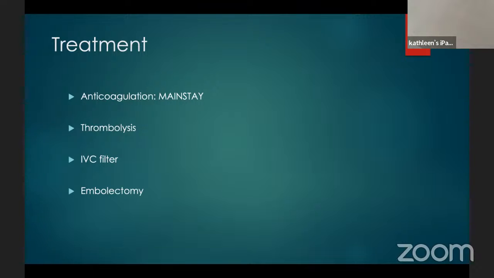In special populations, it's reasonable to consider either thrombolysis or embolectomy, particularly in hemodynamically unstable patients, or placement of an inferior vena cava filter, which is controversial, but is still an option. The presence of an inferior vena cava filter would be most useful in a patient who absolutely is intolerant of anticoagulation, i.e. patients who are predisposed to GI bleeds, et cetera, or patients with a cerebral bleed or predisposed to such.